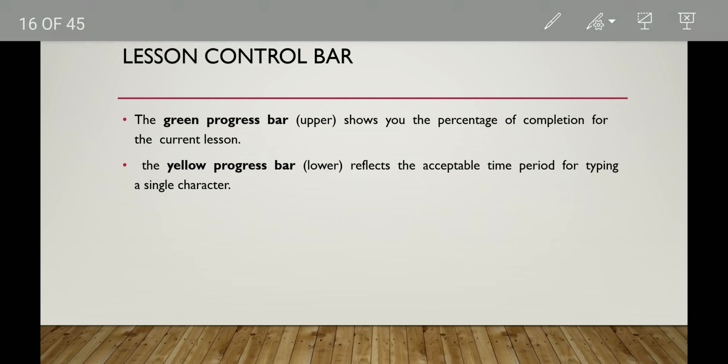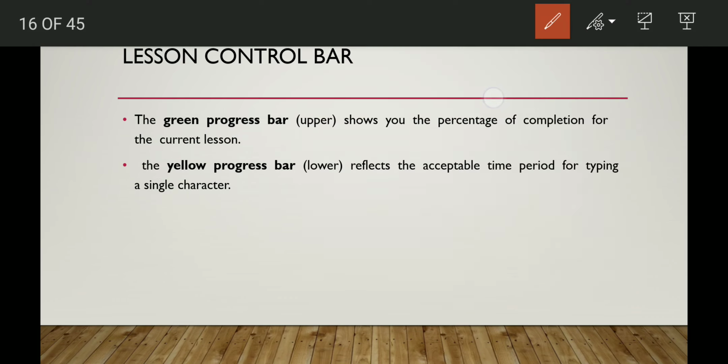Now what does the green progress bar show? It shows the percentage of completion for the current lesson. How much of the current lesson is completed is shown in the green progress bar. And in the yellow progress bar, what is there? It reflects the acceptable time period for typing a single character.